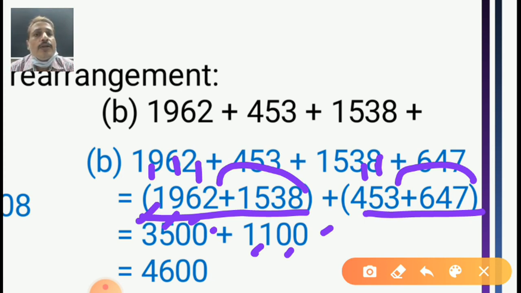That's why I am telling you, don't say the answer without calculation. Here you should count the digits. Ones, tens, 100 and 1000. Then where is the 1000? Yes, my dear student. Second thing, don't forget the first lesson. In the first lesson we learned about the comma. Put the comma after 3 digits. Immediately you can find this is the 100 side and 10 side, and here is the 1000 side. So you can read out 4600 is the correct answer.